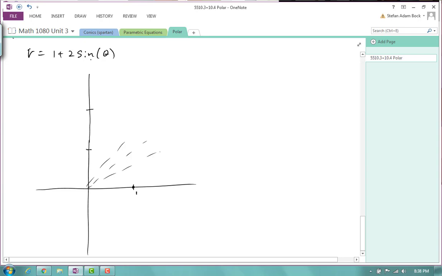Sine of pi over 6 is 1/2, so r of pi over 6 is going to be 1 plus 2 times 1/2, which is 1 plus 1, which is 2. So if 1 is about here, that means 2 is up here. If I plug in pi over 4, I'm going to have 1 plus 2 times root 2 over 2, which is going to be 1 plus root 2, which is about 2.5. So about here. And if I plug in pi over 3,